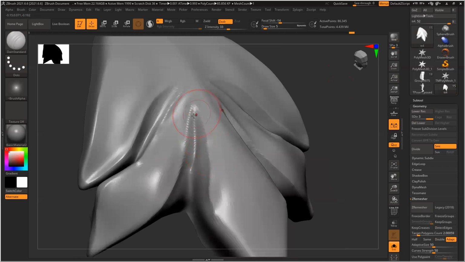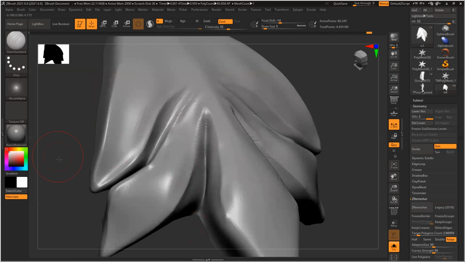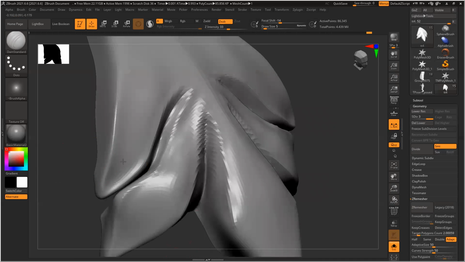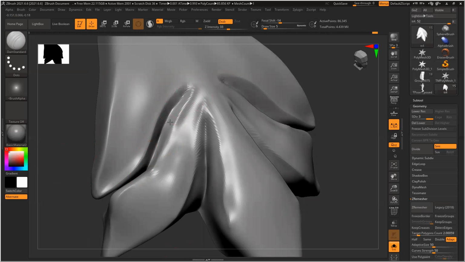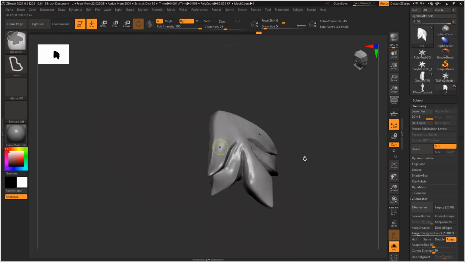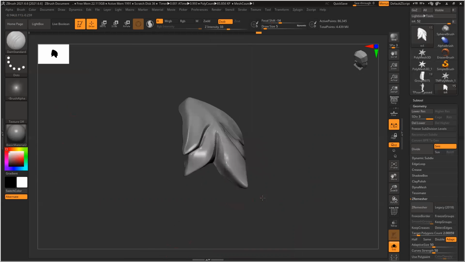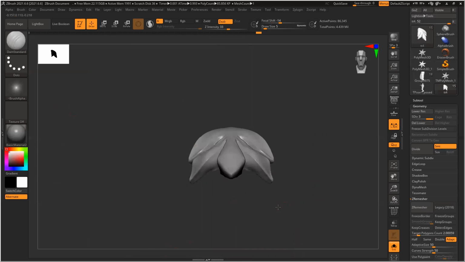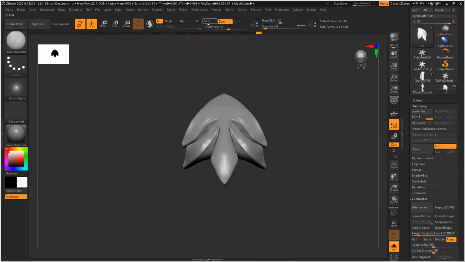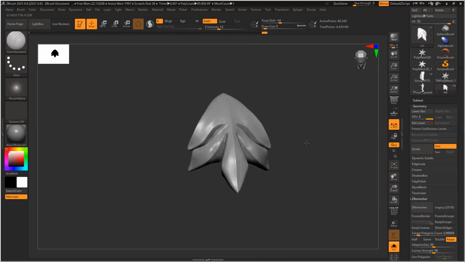Now that the mesh flow is as per the model, I can create all these things very easily. Still, you can see all the corners and angles look a little round and smooth, but in our model it's a little angular, and the center part also has a sharp angle. So reduce the intensity, add, press Shift, and make it a sharp line like this.